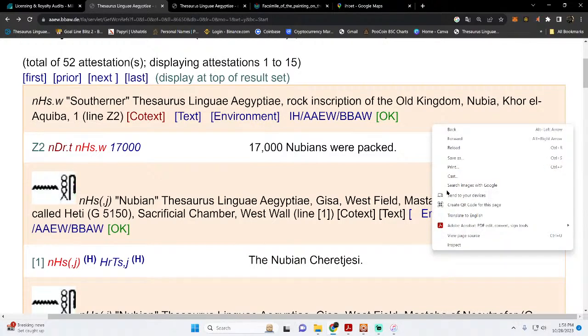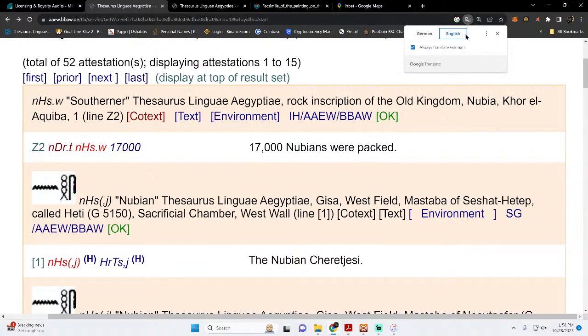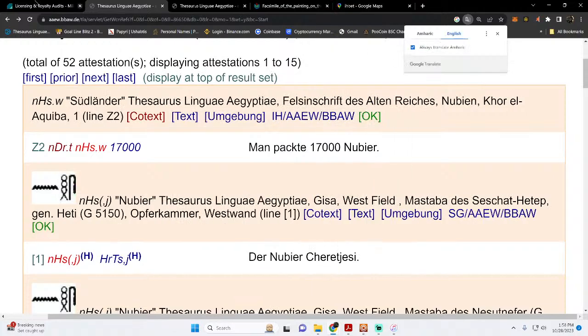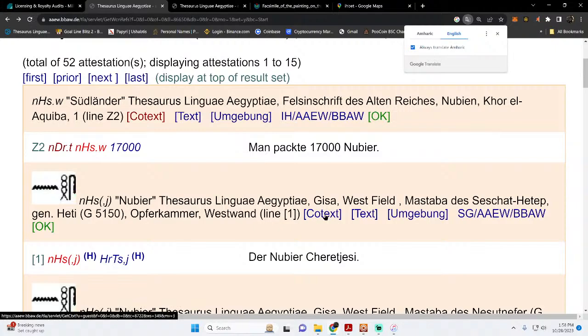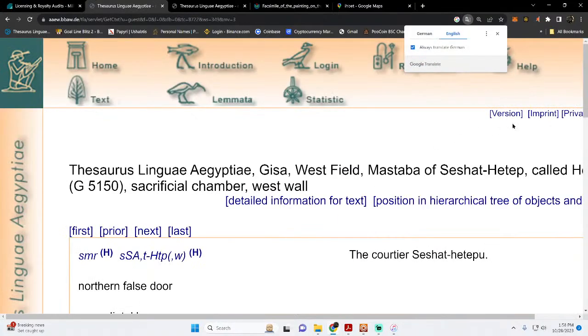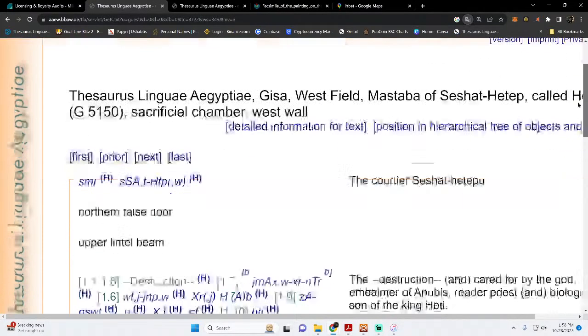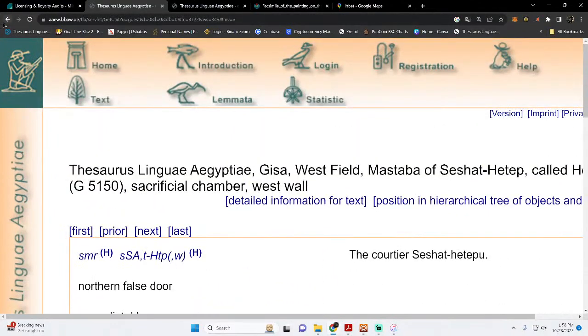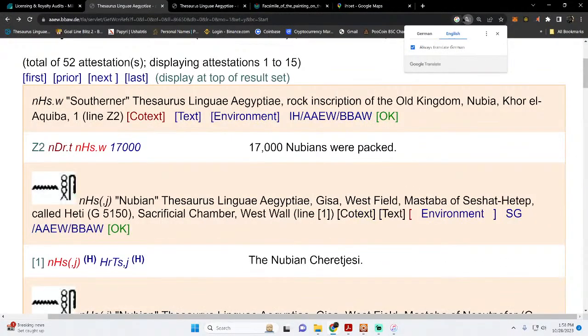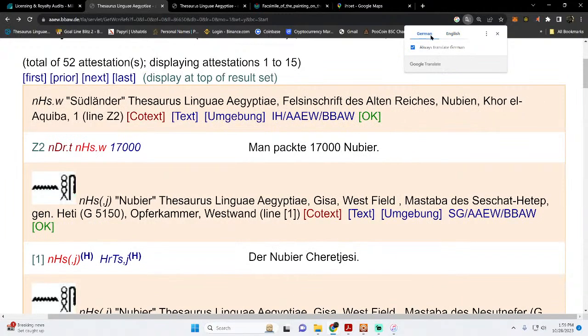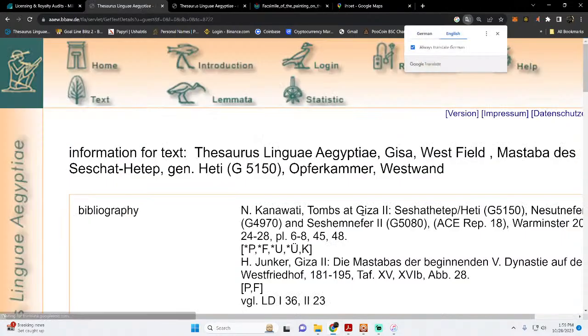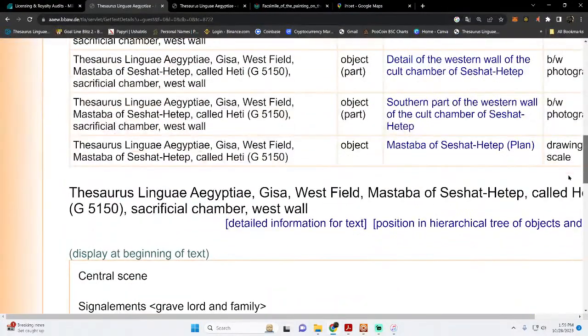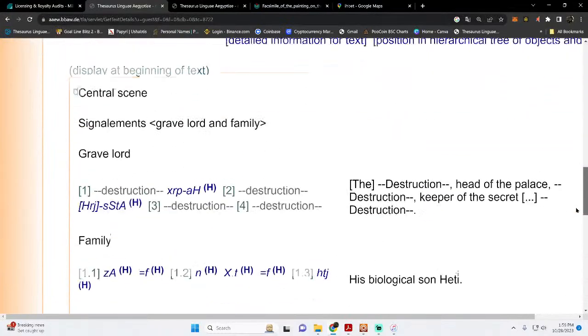I can show you that. Let me make it translate right. Then I'll pick the wrong language, then you can see it. Page is not German. Now I'm going to just pick the wrong language real quick. Now they're going to let you see it. See? You got to go to the codex now. It's just a glitch in the TLA or something. So now when we go back here, not the codex, but the actual text. There you go. You're going to see that I'm not lying saying that he was a Nubian listed along name